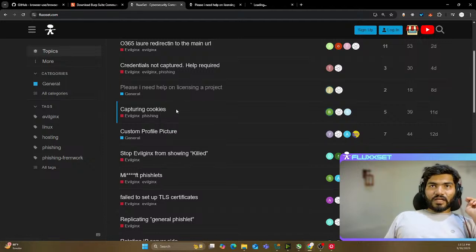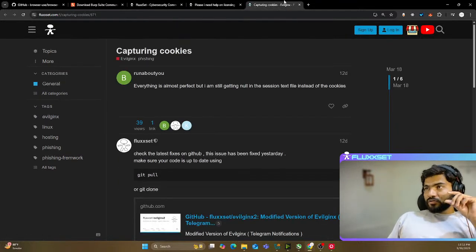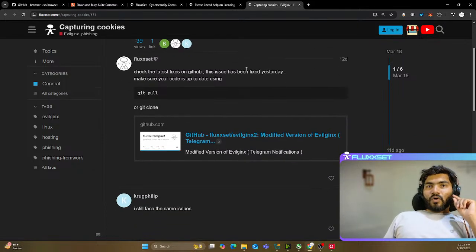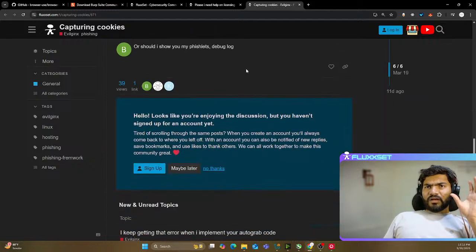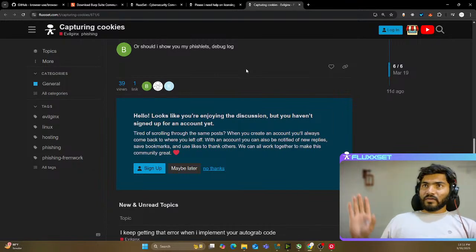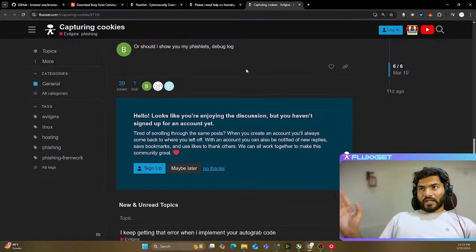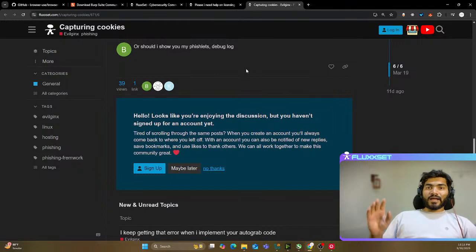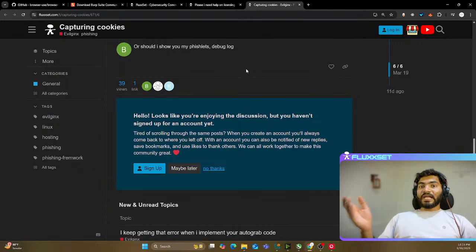Capturing the cookies. Let's check capturing cookies, because it is also one of the popular questions that people ask. Usually what happens is people will create the phishlet, add the cookie name, and capture the session, every single thing will work, but the cookies will not get captured. The only reason behind that is they are not adding the auth URL. And even if they are adding the auth URL, they add something like slash login slash auth0, the endpoint of the auth.